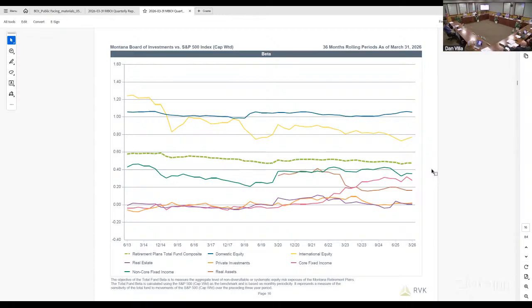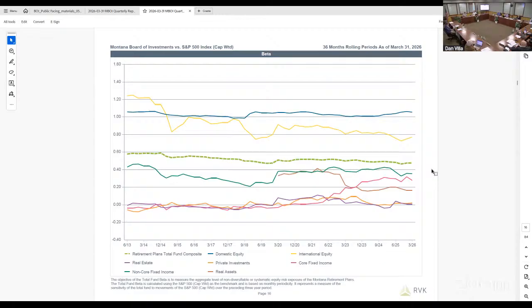So the point is that your sensitivity to a very highly valued US equity market, which we don't know if it'll continue that way or whether something will cause it to break, you are not making a big bet on the side that it can only get even better from here. Great point.